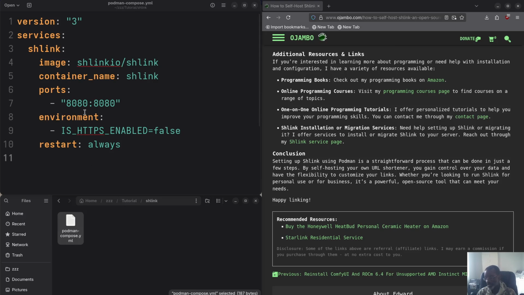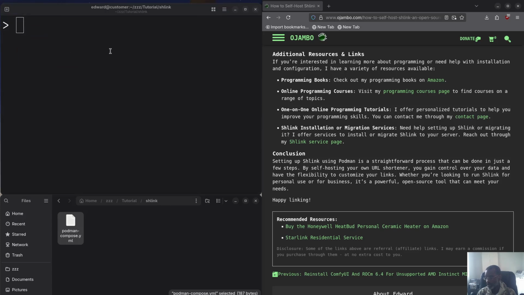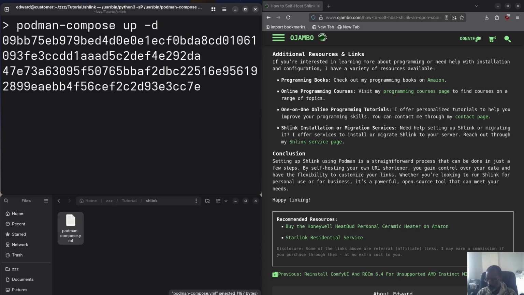Okay, so that's it, and then all you do is just drop to the command line. So we don't need this anymore. Just drop to the command line and type podman-compose up -d. -d is for detached. So as you can see, it's already cached because I did this earlier, obviously, to create the tutorial. So as you can see, it's already up and running, and to prove it's running, just type podman